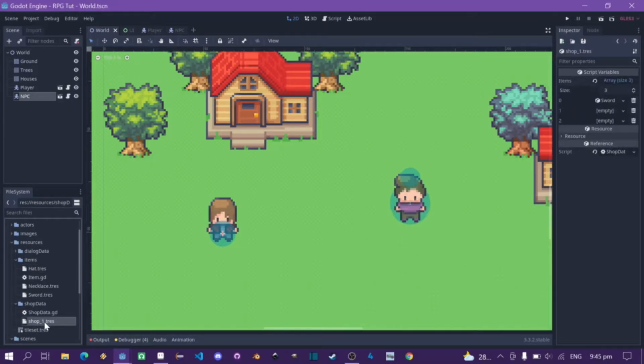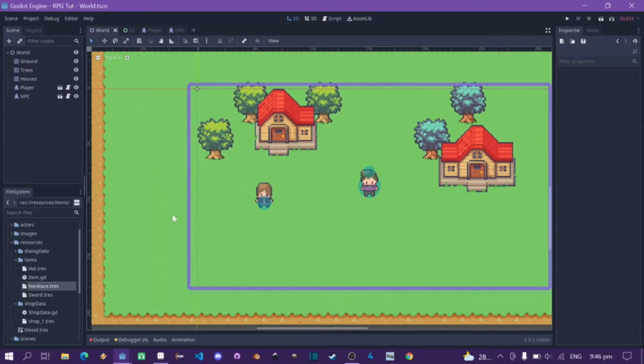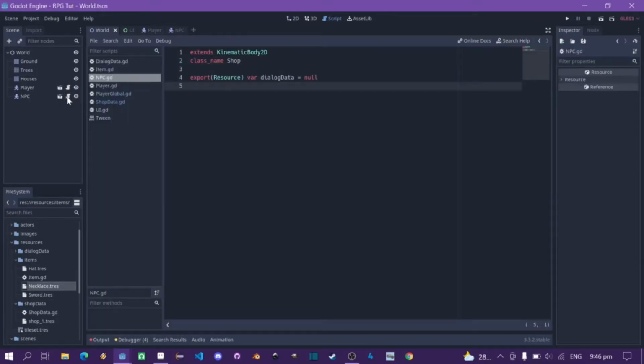Go back to shop data, just the shop one, and then just add the rest of the items that is going to be sold in this shop. Okay, and in the necklace. Okay, now it's set up. Then go back to the NPC. Go to the NPC script and then export the